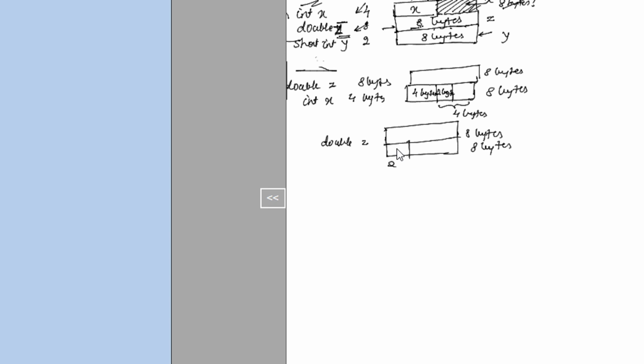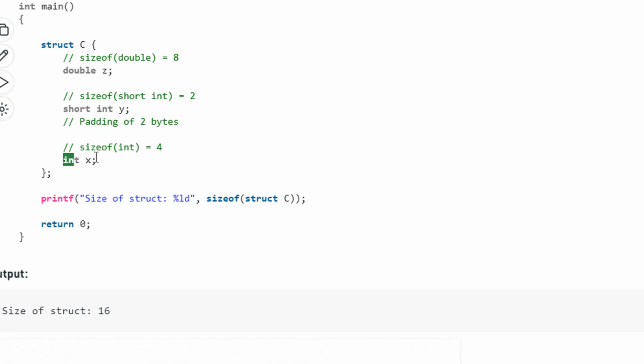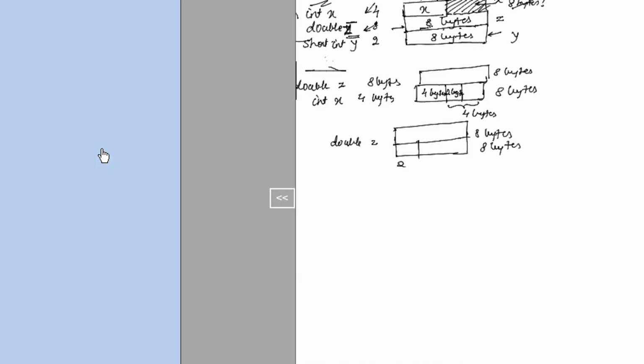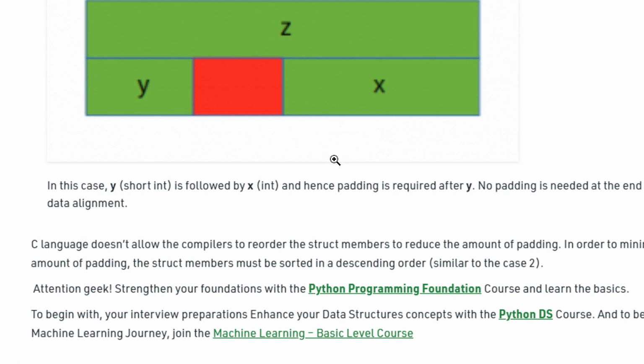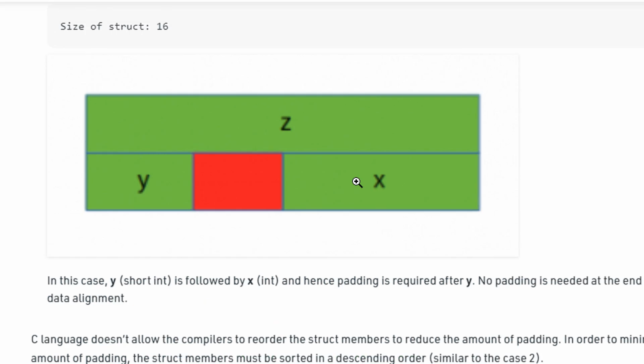So the moment I come across 2 bytes here, the compiler will think, okay, now I will allot everything in bytes of 2. So now it again encounters x. Can x, which is an integer, come in 2 bytes? No. So it requires 4 bytes. Since it requires 4 bytes and 2 are already occupied, it pads for the remaining 2 bytes. Now what is the remaining space? Remaining space is 4, so the integer basically comes at this particular location, 4 bytes. I think this is a very crystal clear example of how you actually allot the structure variables, right?